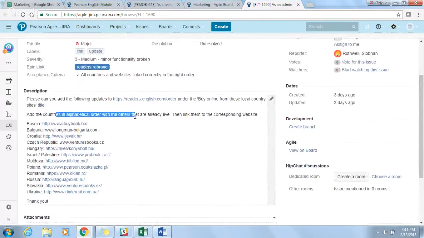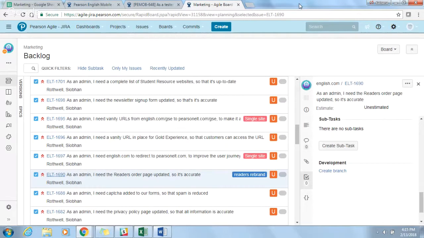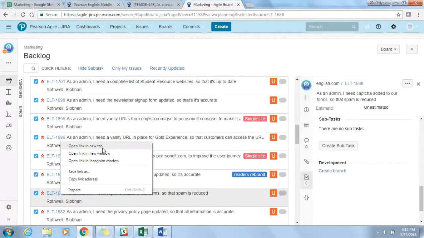Okay, this is just add the countries in alphabetical order. Just a task, right? Anyway, we'll create a user story for the task. Fine. And then